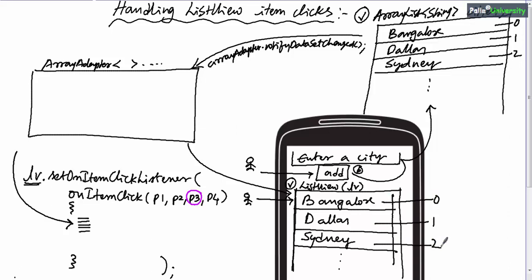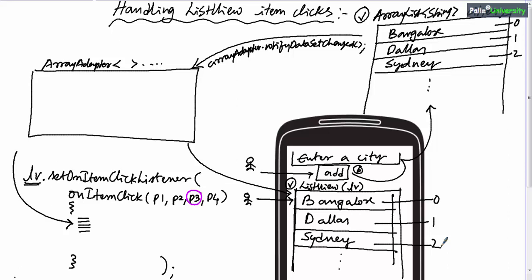That means in most scenarios, the element positions of the source and the element positions of the destination will be the same. That means if Bangalore is in the 0th position in the source, that is in the array list, then Bangalore will definitely be in the 0th position in the list view, or in the destination.